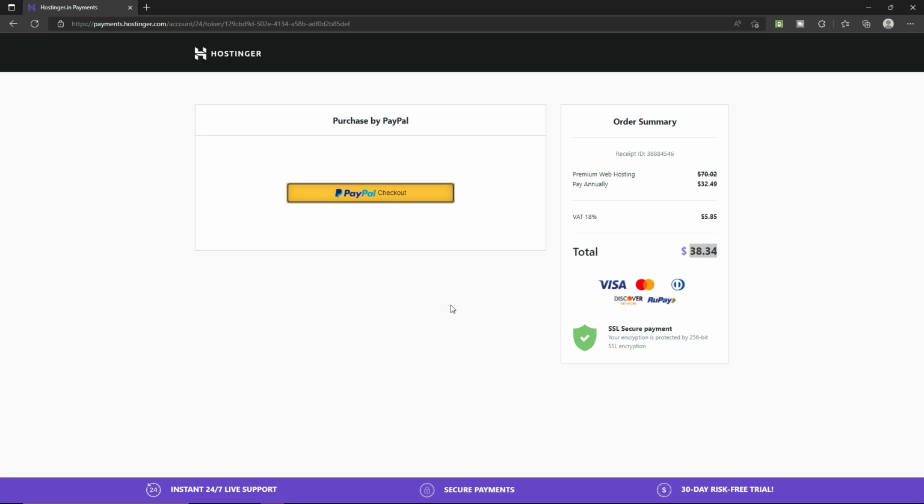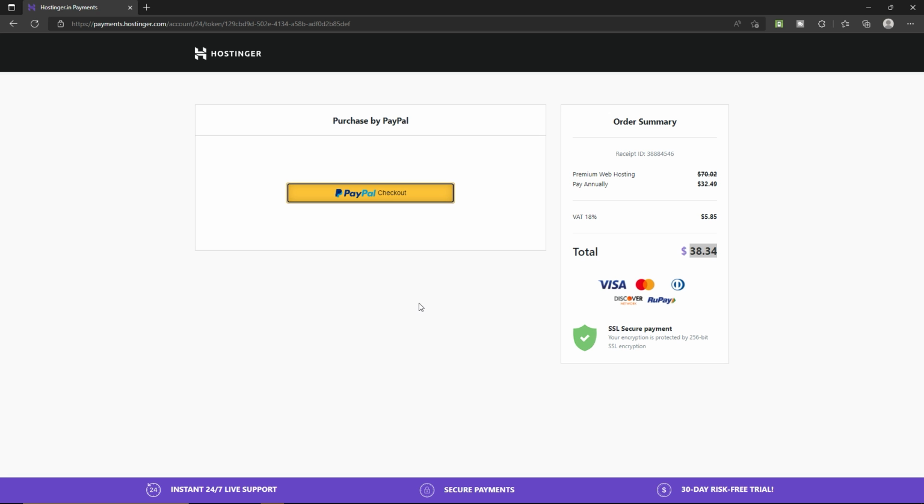Once you get your web hosting, on the next page Hostinger asks you to claim your domain name. Type your domain name or your business name and then proceed further. In the next step, it will ask you to activate an SSL certificate on your domain name. Activate the SSL certificate on your domain name, and that's pretty much it. Once you activate your SSL certificate and claim your domain, now let me show you how you can install